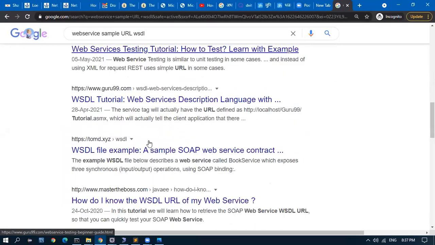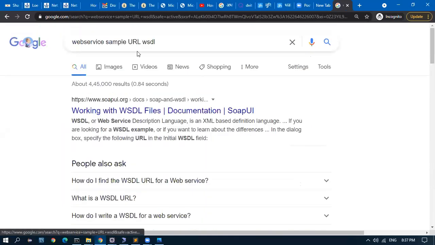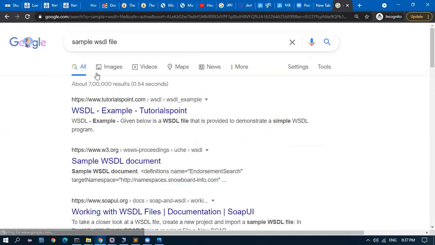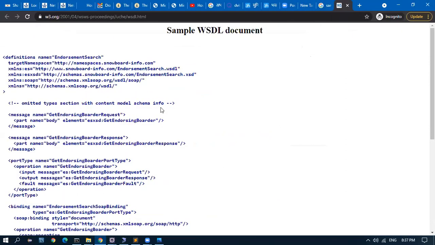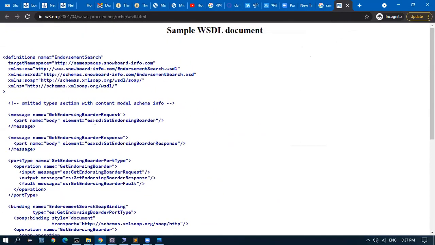Sample WSDL file. Here it is. So this is how a sample WSDL will be. If you get a chance to work with a web service, the first thing you should ask for, and you will be given, is a WSDL file, the Web Service Definition Language.